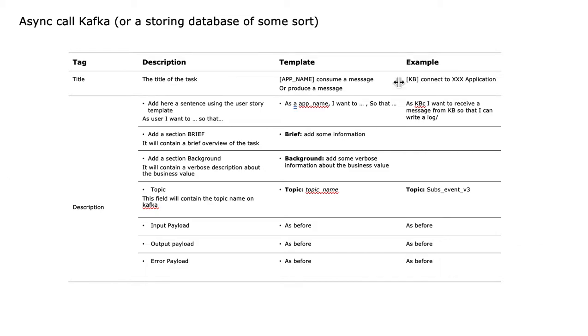So a good example here is you would do exactly the same layout. You'd put a title, you would put a user story of some sort. So I know I've put similar user stories for all three of them, but you can go into a little bit more detail. You can put, as a user, as a customer, I want to and so that I can and so you can include more, make it more extensive. This is just a brief